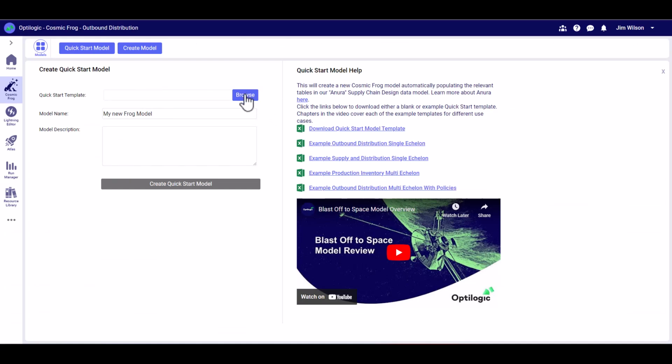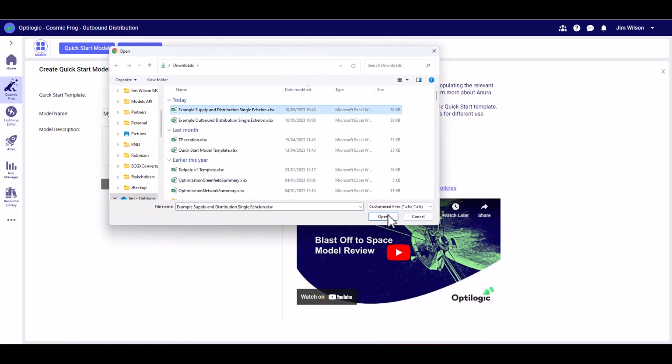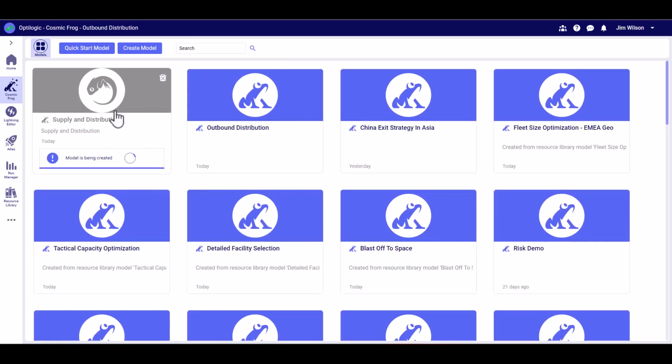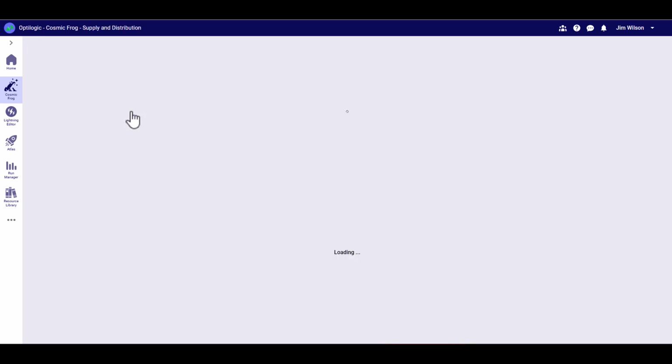So let's now import that Quick Start template. We can simply select it. I'm going to call this model supply and distribution and give it the same description. And then we can create our Quick Start model. Now the data has been successfully imported and that new model has been created, we can simply click to open